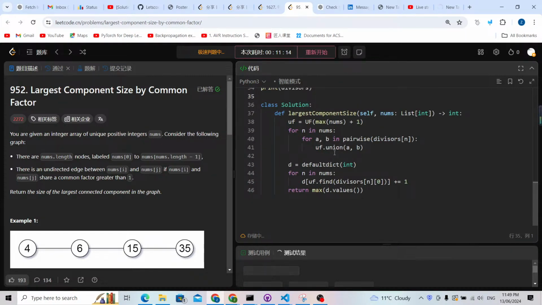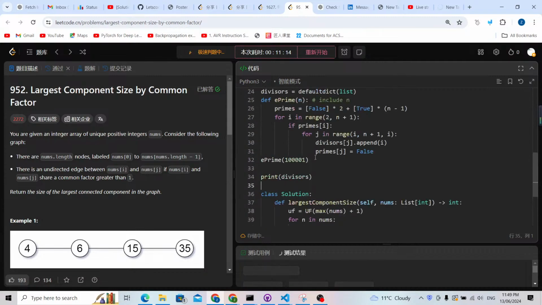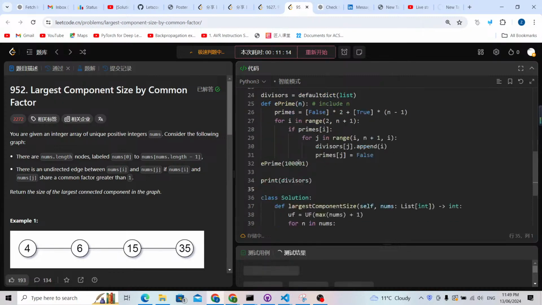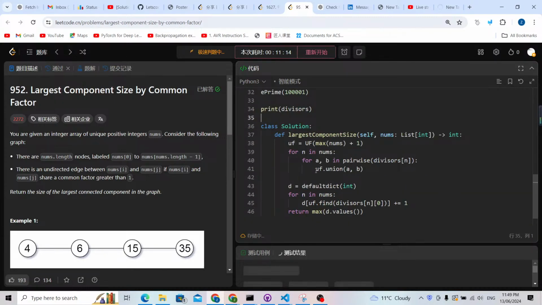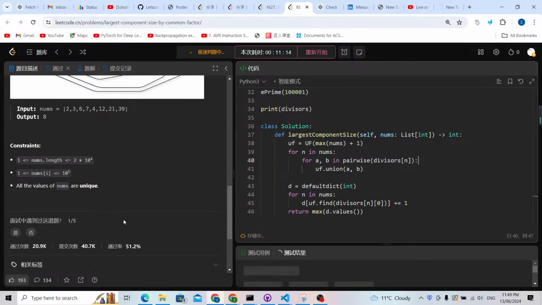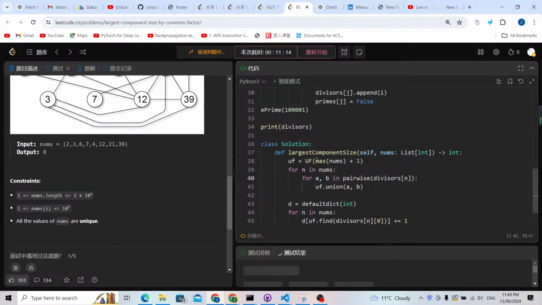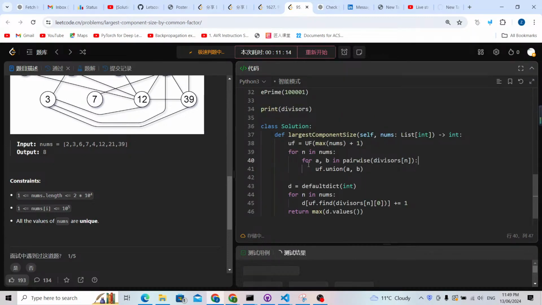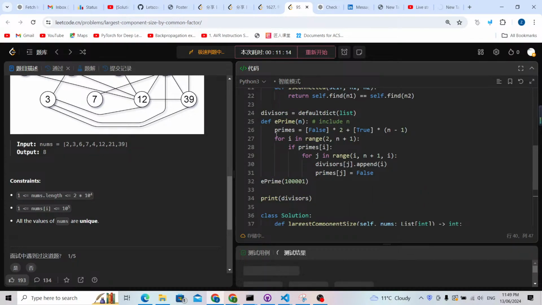Yeah, and why does this method work? Because for union-find, we can analyze the time complexity as O(1) or log n time. It is also okay. This is for union-find. And for the divisors of each number, we can use log n time to analyze, even if the number is really big, we can still use